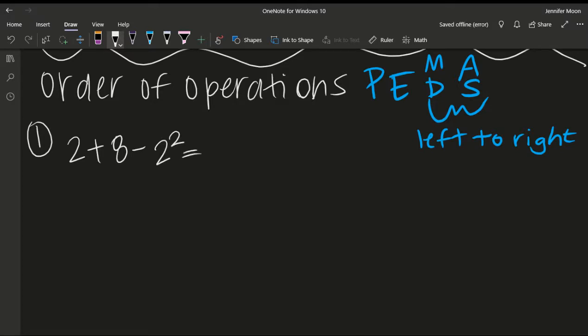Okay, so following the order of operations, I know that I need to look to see if there's any parentheses,